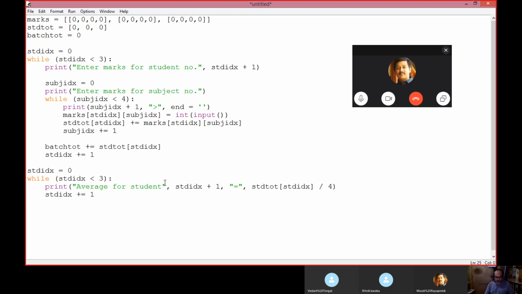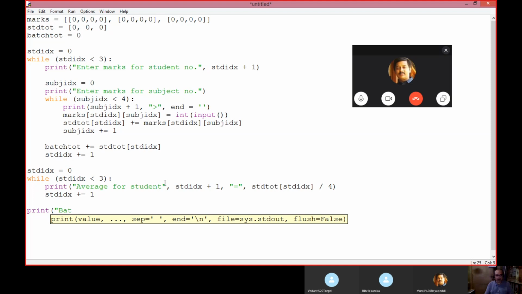Fine. Then what? Print batch average. What will be the batch average?